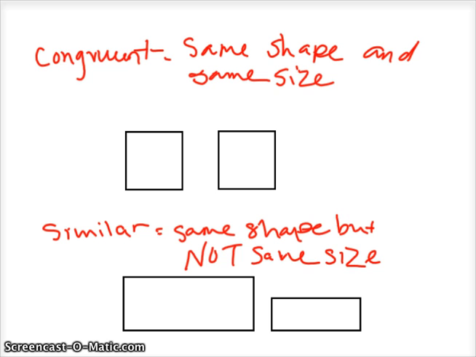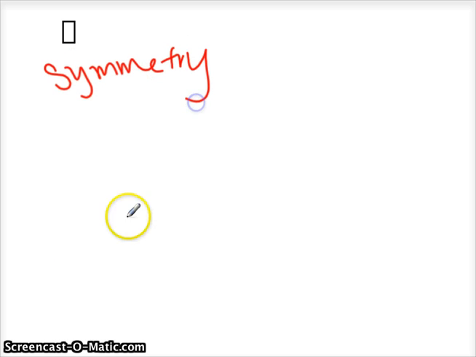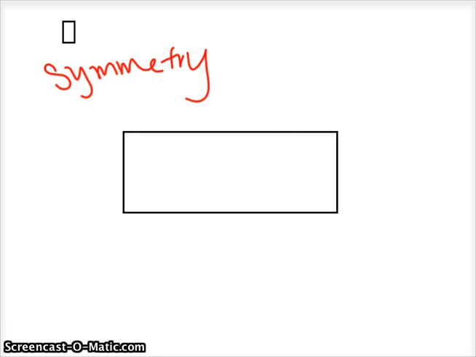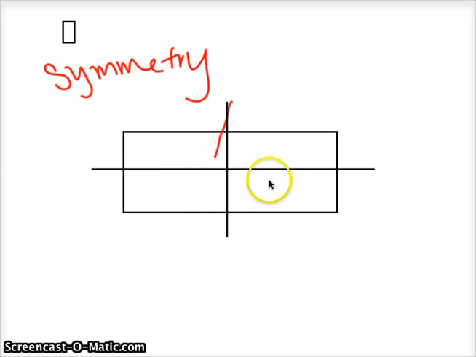Okay. Then we had lines of symmetry. Symmetry means you can make a mirror image. So a line you would draw to show that it has a line of symmetry. This figure has a line of symmetry going directly down the center and also going this way. If I were to fold this image on either of those lines, it would be the exact same on both